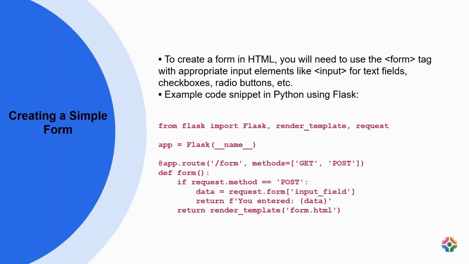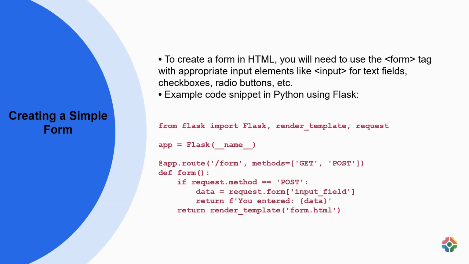To create a form in HTML, you can utilize the form tag in combination with various input elements like input for text fields, checkboxes, and radio buttons. In Python, particularly with Flask, you can handle form submission by defining routes. For instance, you can create a route /form that supports both GET and POST requests. When a POST request is received, you can retrieve form data using request.form['input_field'] and process it accordingly. Subsequently, you can render a response page displaying the entered data or perform any necessary operations. This approach enables you to gather user input, process it, and provide feedback or take further actions based on the